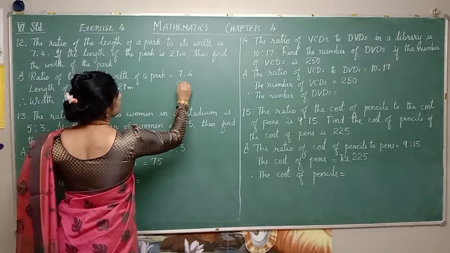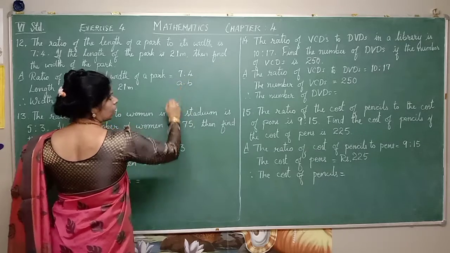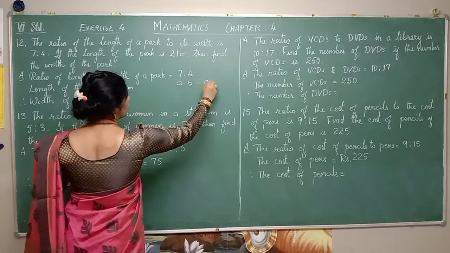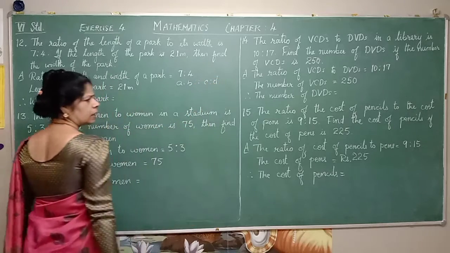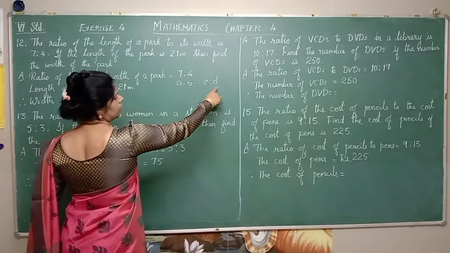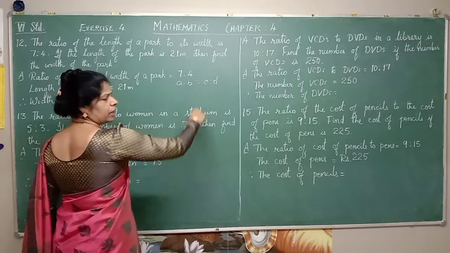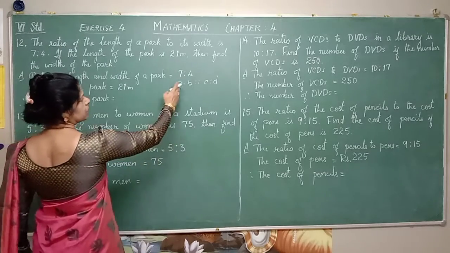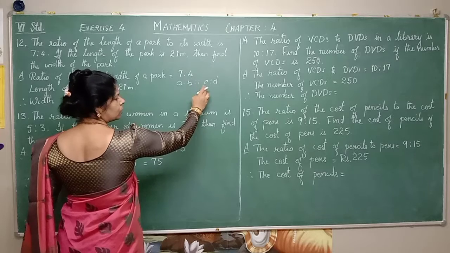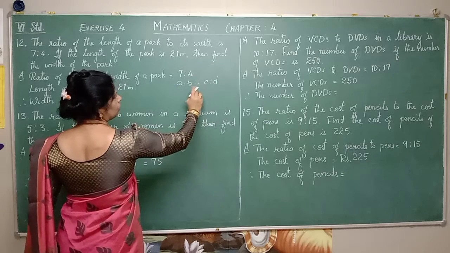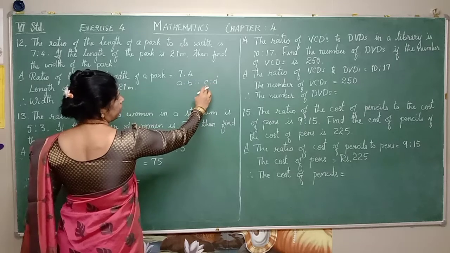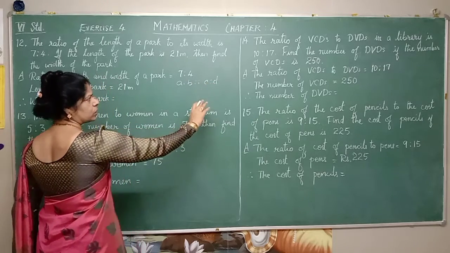A is to B. This is the working column. You write in the working column on the right side. A is to B as C is to D, isn't it? And you know the ratio of the extremes is equal to the ratio of the means. Extremes are on the outside, A and D. Means will be B and C. So A into D is equal to B into C. A into D is extremes. B into C will be means. You understood that, isn't it?